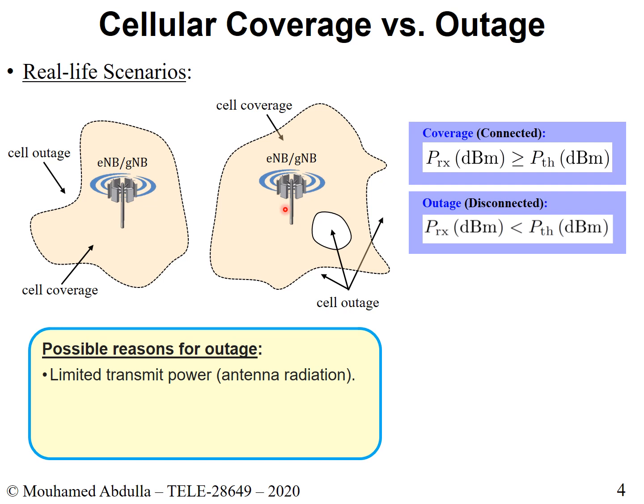Now, if you go less than 40 watts, well, your radiation will be smaller. Remember the tire that we saw earlier, the torus or the donut-shaped radiation? That will be smaller. And if it is smaller, it means you have less coverage. So that could be one reason why you have outage.